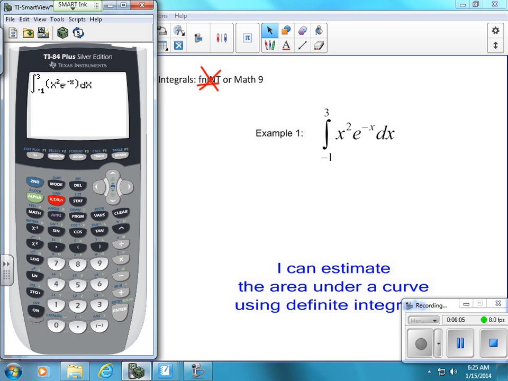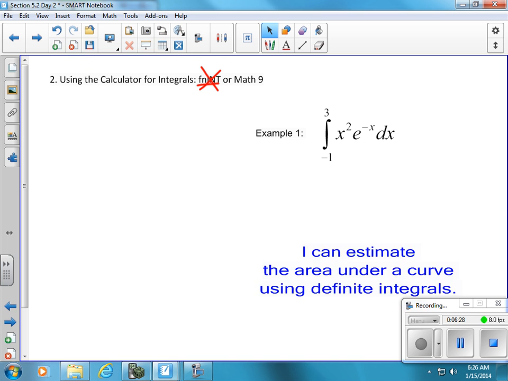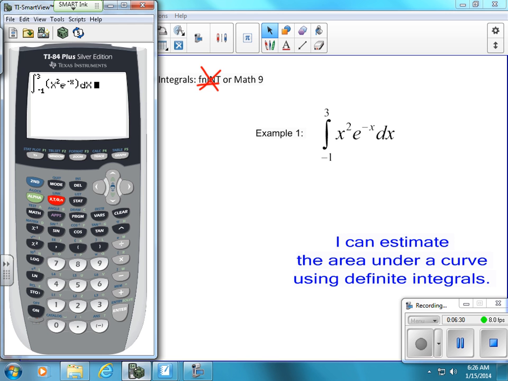But now, if you just press Math 9, you get a display that looks exactly like your integral. All you have to do is plug in the numbers and the letters like you see them. Lower level of integration, upper level of integration, and then you have to put in dx. So if you're using x's, put in dx. And most times you will be using x's. All right, and then press enter, and you get